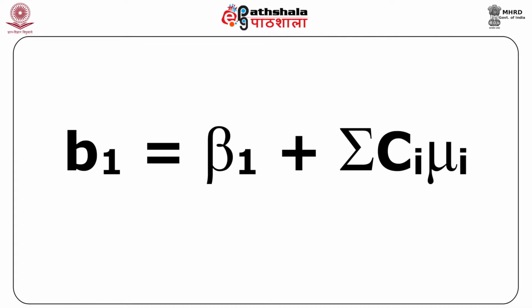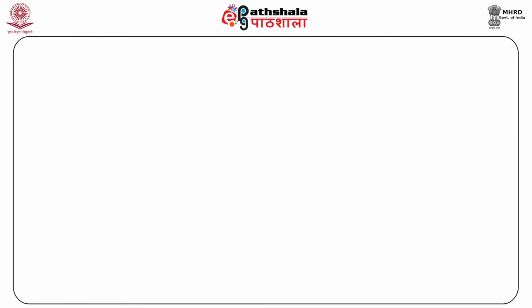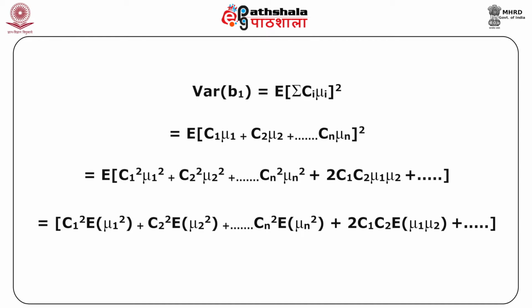b1 is equal to beta 1 plus summation ci mu i. b1 minus beta 1 is equal to summation ci mu i. Substituting the value in variance b1 above, we get variance b1 is equal to expectation summation ci mu i whole square, which is equal to expectation brackets c1 mu1 plus c2 mu2 till cn mu(n) whole square, which is equal